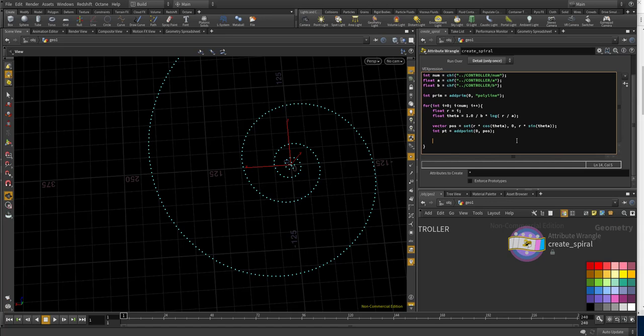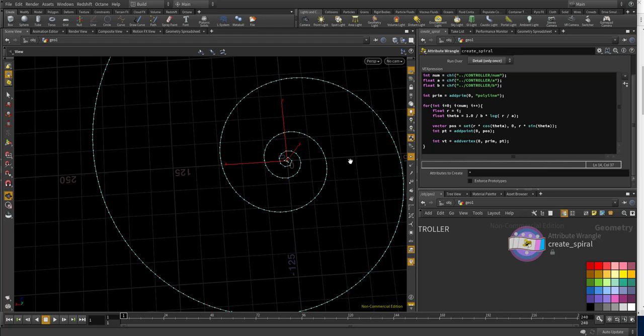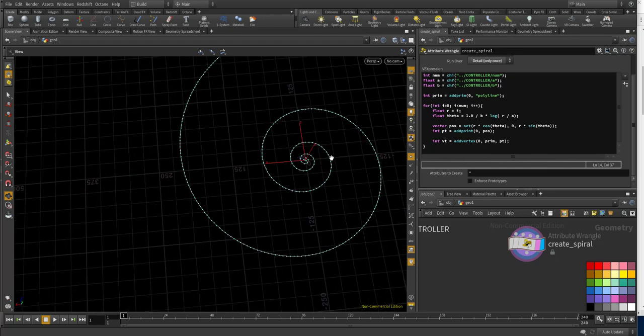So int vt stands as a vertex, add vertex prim pt, so convert the pt to vertex, and now I have this polyline, nice polyline. Okay, now